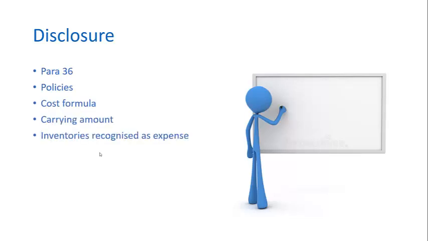There are quite significant disclosures in relation to inventory, and these are disclosures of accounting policies for inventories, the cost formula approach, the carrying amount, and inventories recognized as an expense. There's also the requirement to recognize inventory write-downs. So accounting for inventories is relatively straightforward. It's addressed in one accounting standard, and in that one accounting standard we have the three fundamental issues addressed. What are the costs of inventory? Any limits on the cost of inventory carried forward, and how we recognize those costs in the statement of profit or loss.